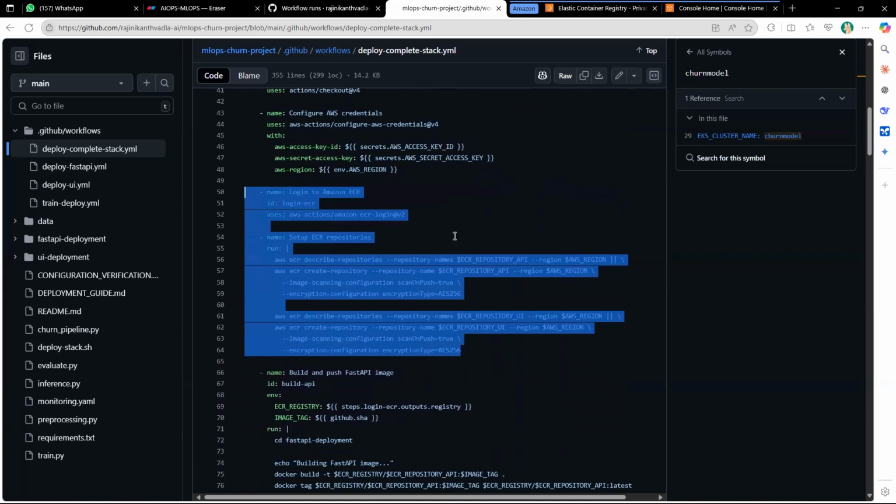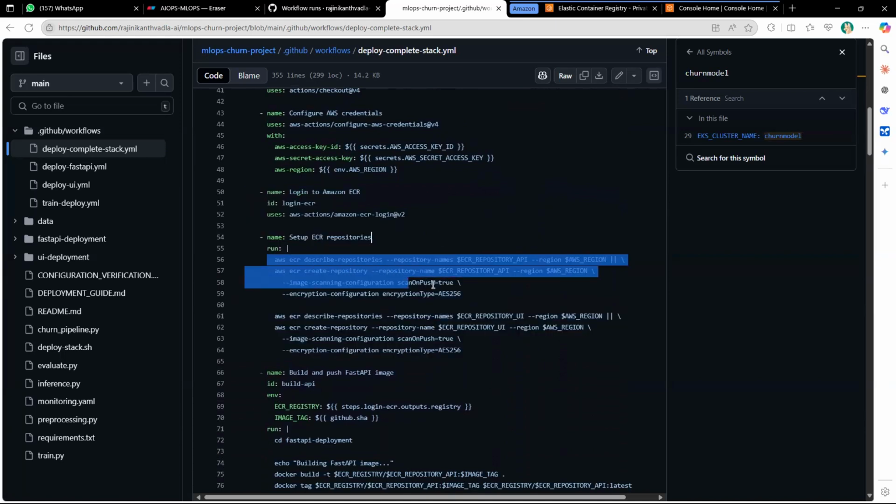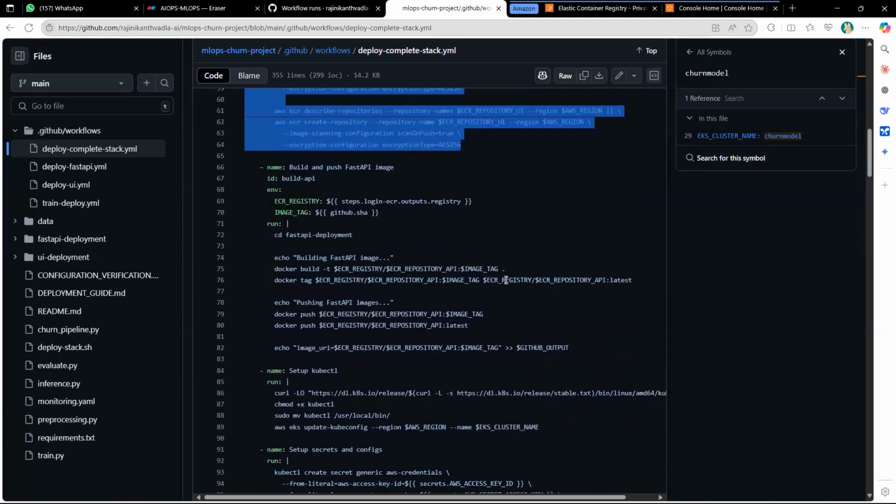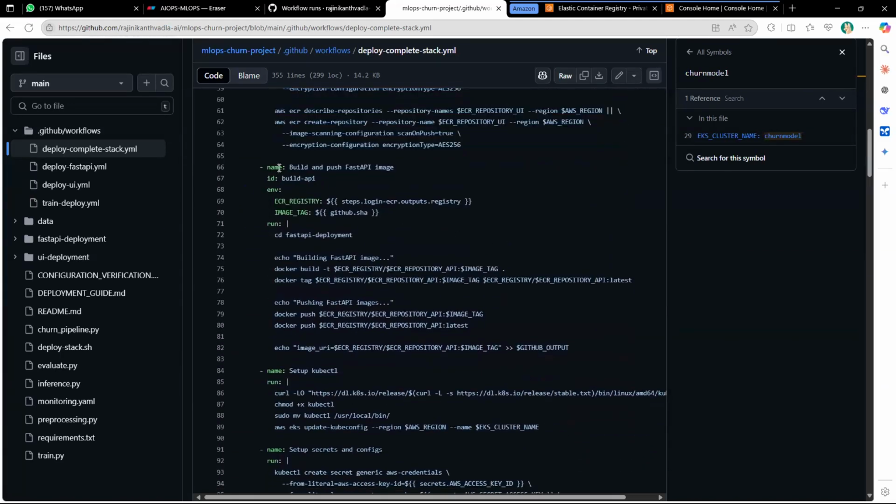The second step is it will build and push the Fast API image. So it will check out the Fast API deployment on the left side, this one, and then